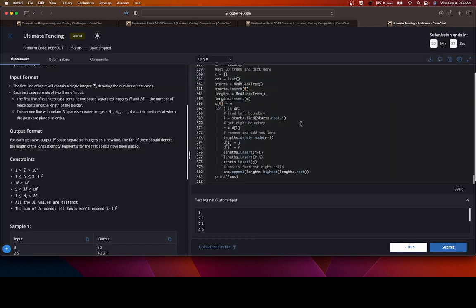Yeah, this problem is some sort of problem. That part's fine, and then